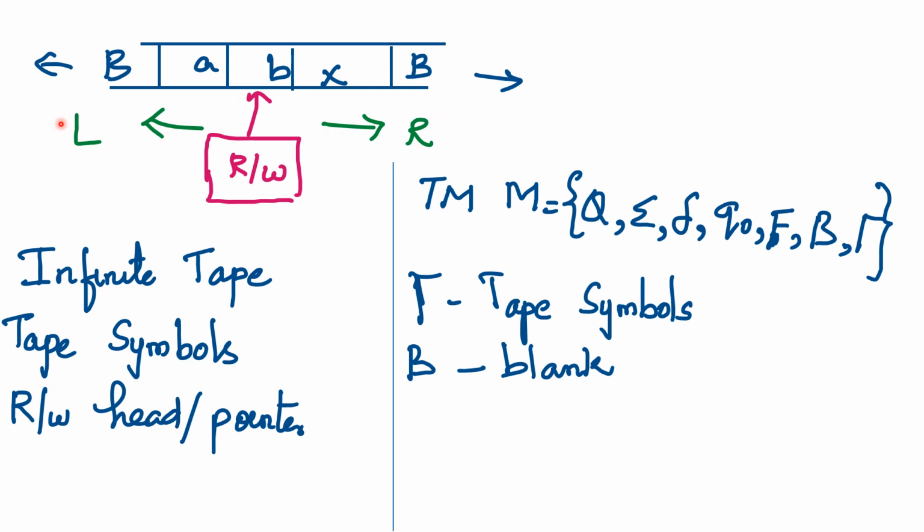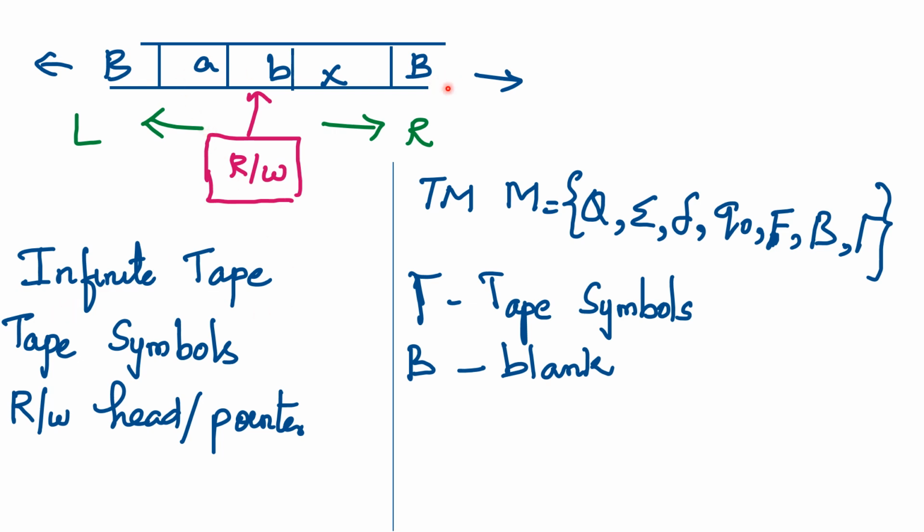Okay, so like that, we keep going until we reach the left-hand side blank symbol or the right-hand side blank symbol, and also we can reach the final state. In between, we read or scan the input symbols left and right. So this is the basic logic behind this. Definitely the memory is infinite, so with an infinite tape we can handle a huge volume